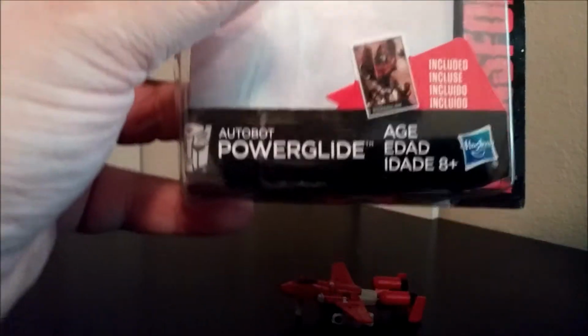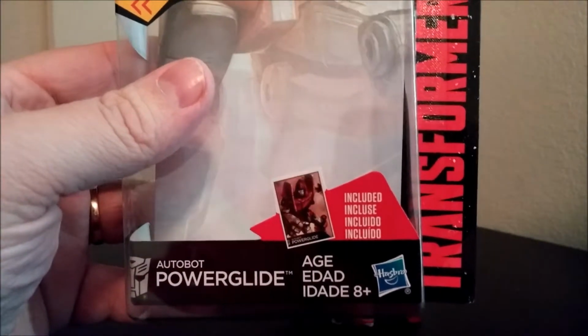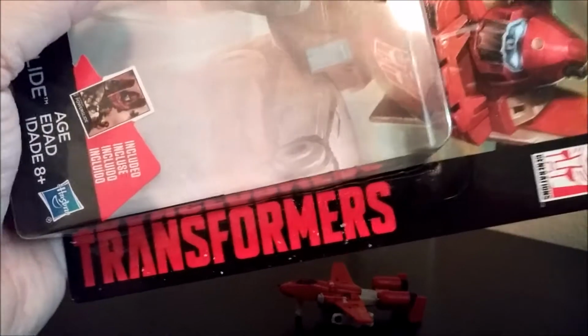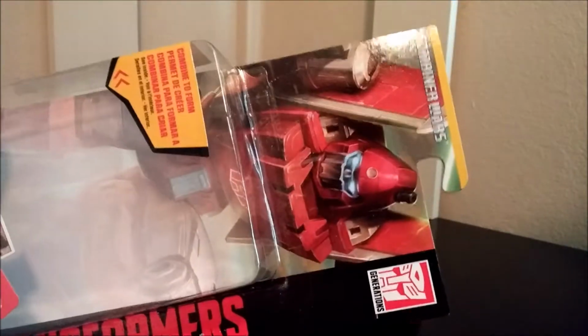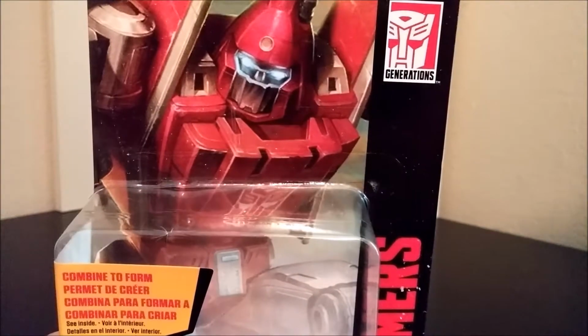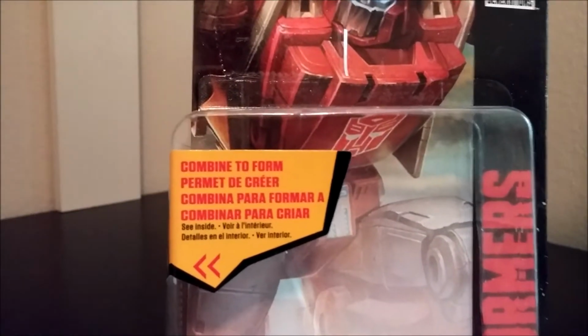The box is very much the same as any Combiner Wars. We have the name, Autobot Powerglide. We've got Transformers written in red. We've got Generations in the Autobot symbol. We've got it sideways, so let's make it not sideways. We've got great box art for our friend Powerglide. We've got a little notice on the side. Combines to form